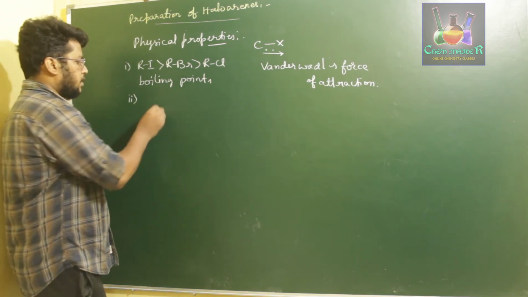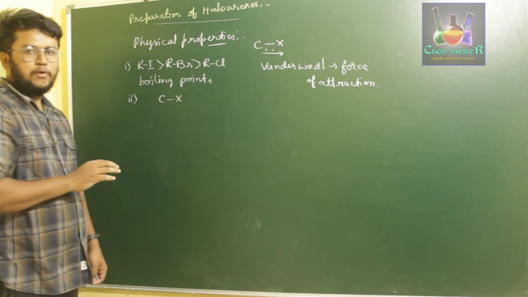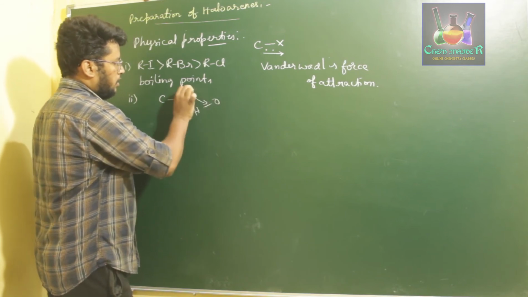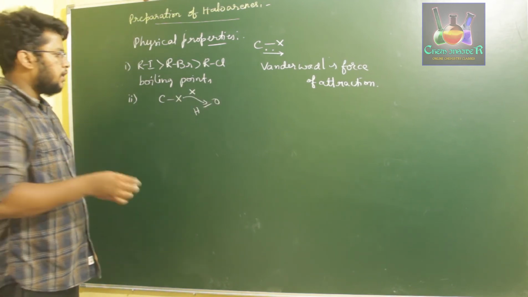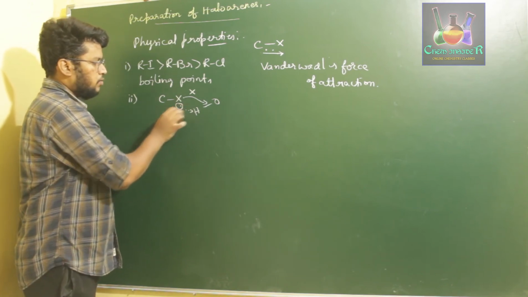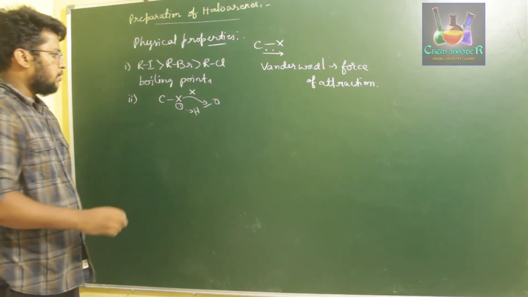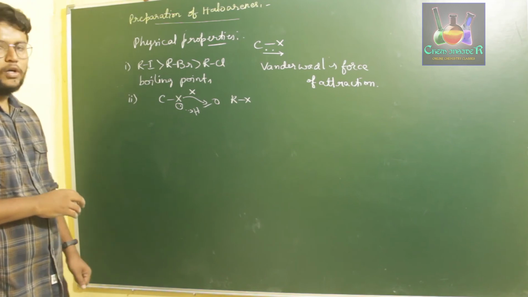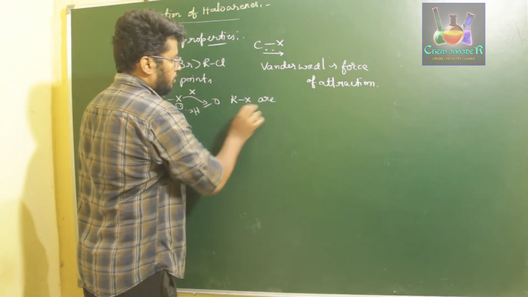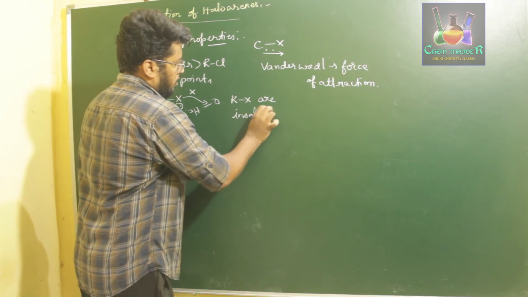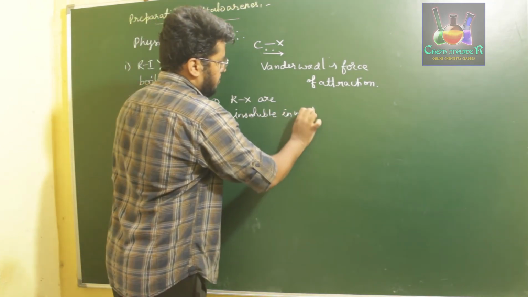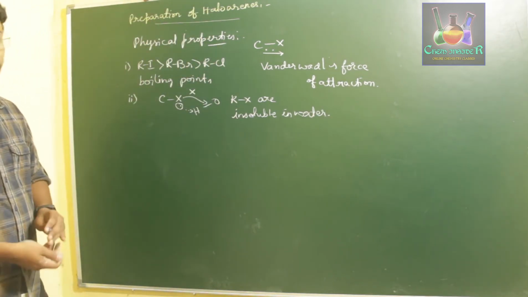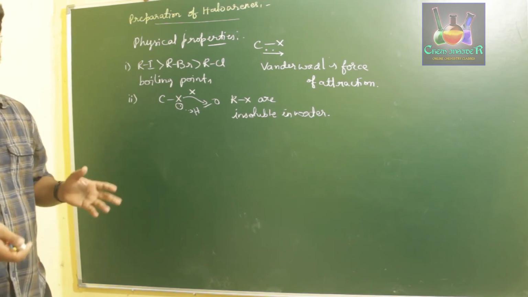Therefore, what we observe is that the carbon-halogen bond will not be able to break the hydrogen bond of oxygen. It cannot break the oxygen-hydrogen bond, nor can it make a lone pair of electrons attract towards the hydrogen, forming a hydrogen bond. Therefore, alkyl halides or haloalkanes are insoluble in water. This is because they cannot form hydrogen bonds with the hydrogens present in water, nor can they break the bonds of oxygen and hydrogen.